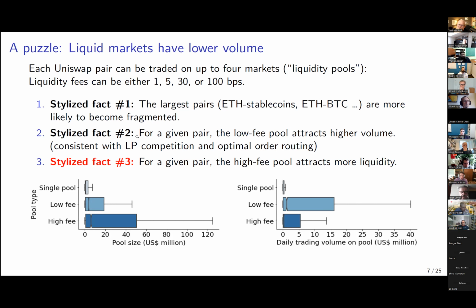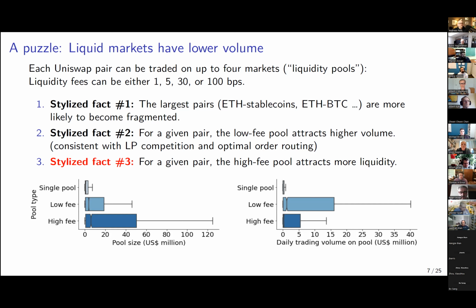For any particular pair, most of the trading volume happens in the low fee pool, and that makes a lot of sense. Right? It's consistent with optimal order routing. If I have to send an order, I will obviously send it first to the market where I have to pay the lower fee to the liquidity providers. And because liquidity providers are competitive, they would go where the trades are, so they should also converge to the